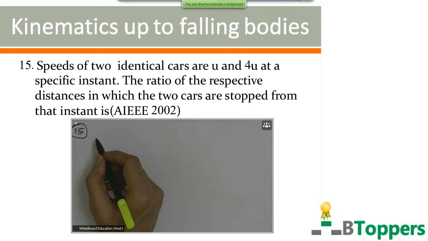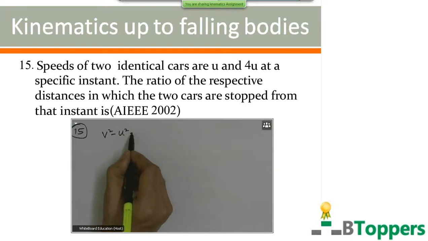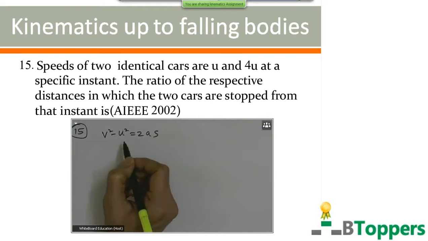So both the cars are identical cars. So if you assume that the two cars are moving on identical paths, in that case we can assume that the retardation produced when brakes are applied is the same for both the cars. That is, acceleration is the same. So if you use the formula v square minus u square equal to 2as,